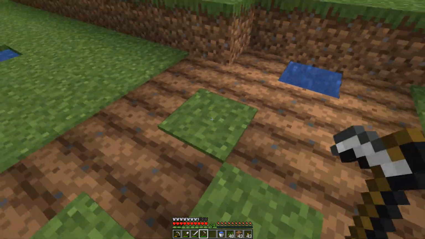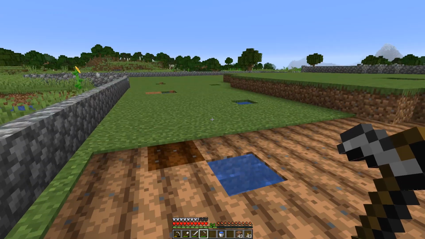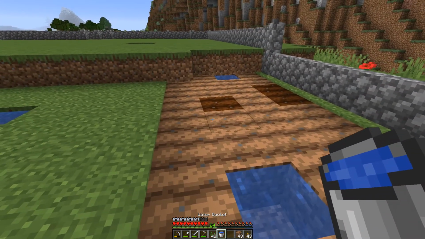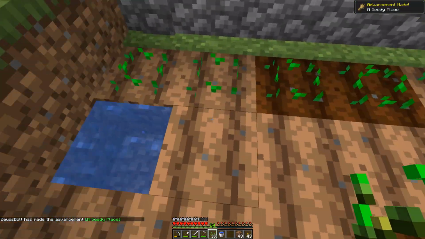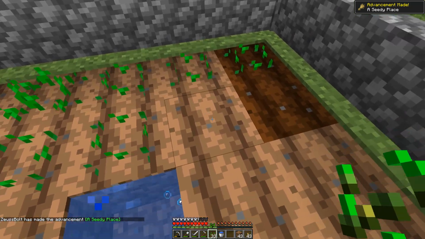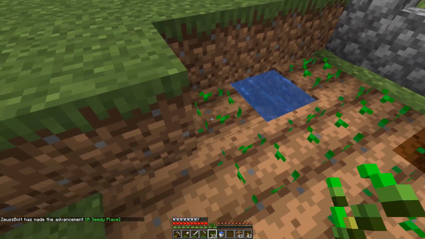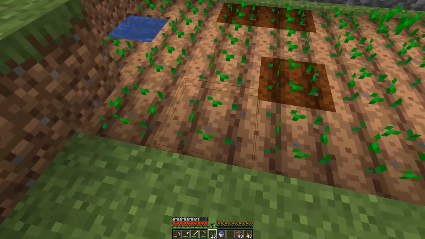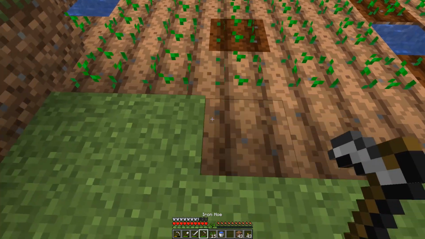And let's see here. So once we have these 48 seeds, or once the wheat is fully grown, we should have double the amount of seeds. And so everything will just double as time goes on. So I just gotta do a full harvest every single time,